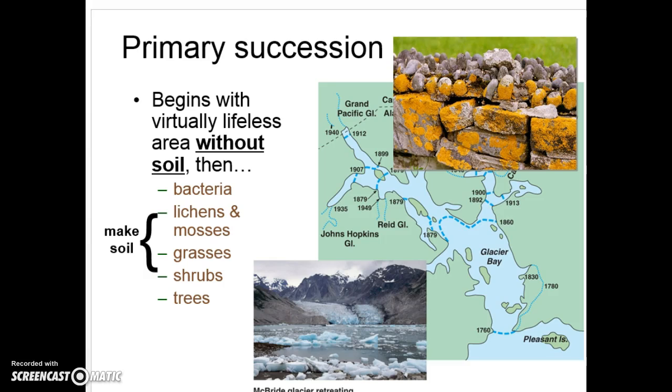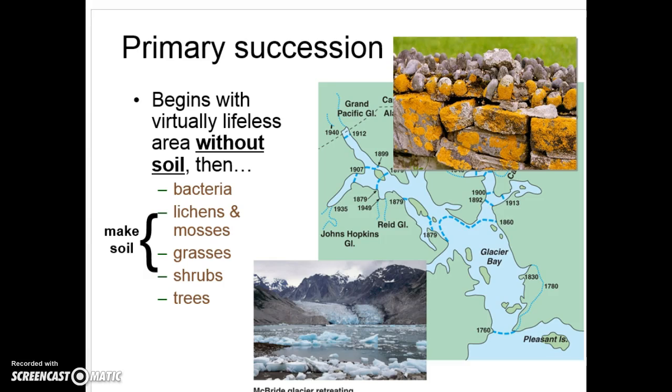But sometimes there are disturbances. Those can be natural or they can be man-made disturbances that change that balance in some way. And so once that occurs, then there needs to be the reestablishment of the community. And the way that occurs depends on what type of disturbance has occurred.